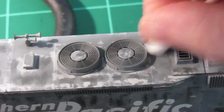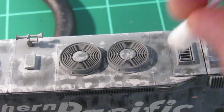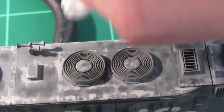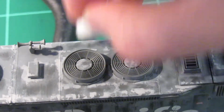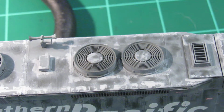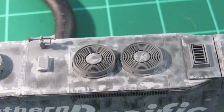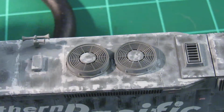Most of this is going to get covered up with the exhaust anyway, so I won't get too worried about details there, but just enough that you'll be able to see that color variation underneath all of the weathering. And again, down the sides of the dynamic blister on the roof. Take some of that paint off, just on the top there. It's probably good. And we'll just fan it out just a little bit, and on the tops of these fans. Okay, now